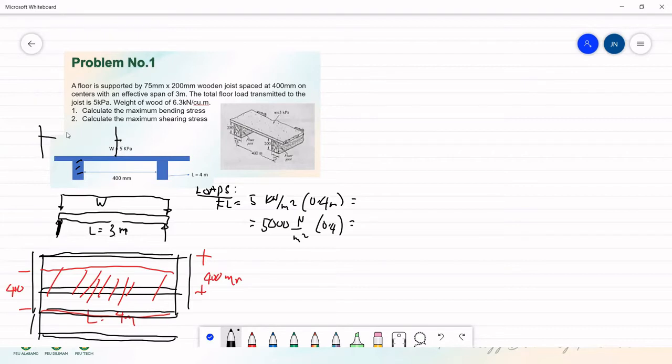This one corresponds to 0.4 also. Tingnan, if you're going to look at the top, ito yung floor joist na 0.4. Ito yung span na 3 meters. Okay? So ito yung i-consider natin. So yung weight mo, i-multiply mo lang ng 0.4 will give you 2,000 Newton per meter. Floor load pa lang to. Okay? Now, how about